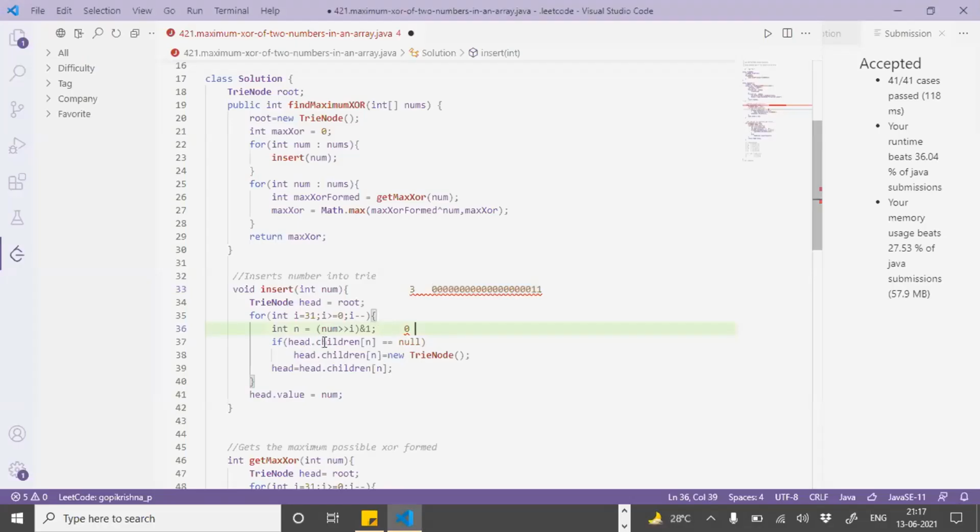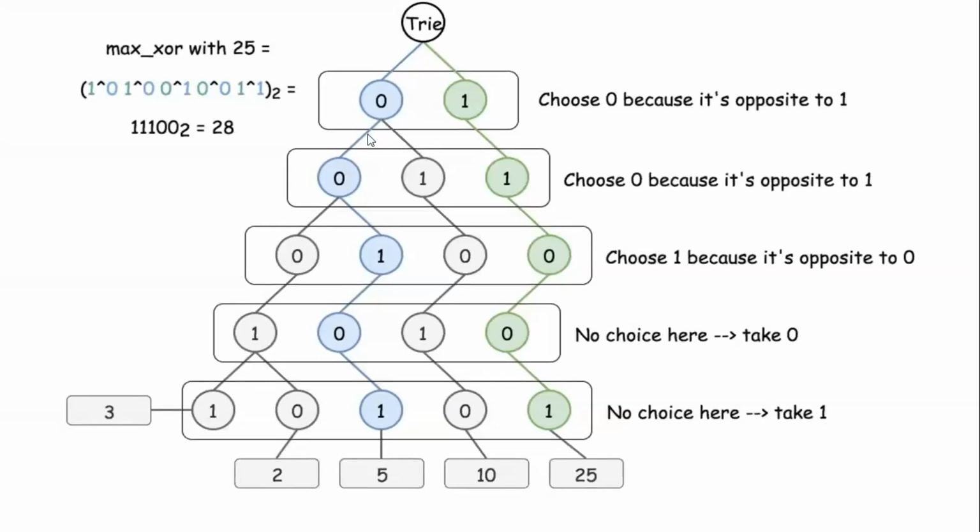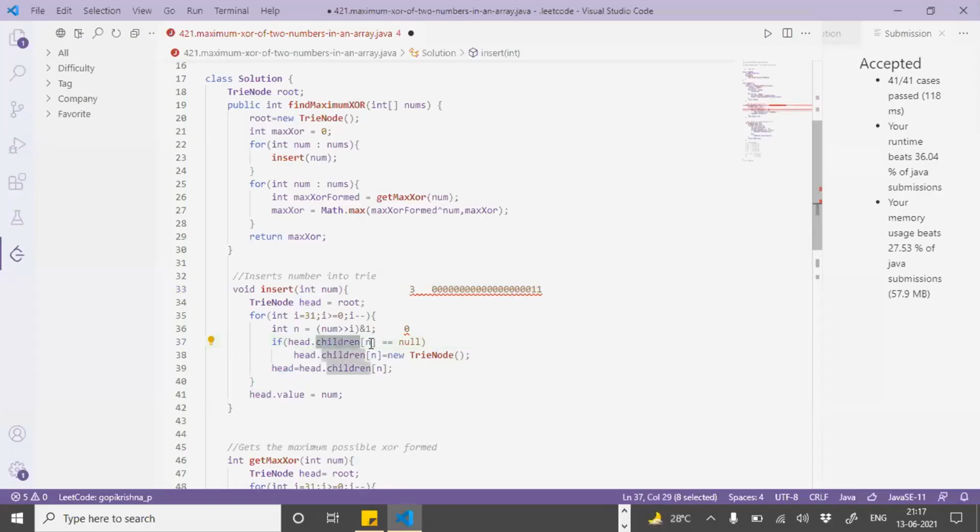Currently I check whether the root has a child with the 0 value set or not. So basically it checks something like node children of n. Is it already set or not? It is null. Basically we don't have anything right now.